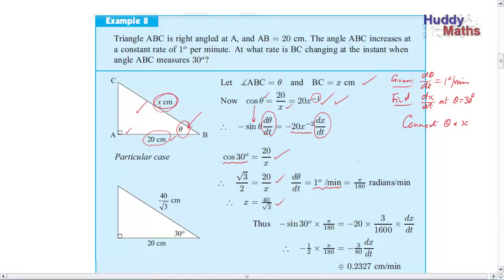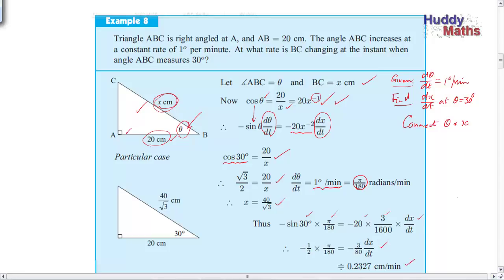Delta theta on delta t, rather than in degrees, we've got pi on 180 radians, because 1 degree is 1/180th of pi radians. Okay, so if we then substitute all these in, we get this, and therefore we can rearrange to get